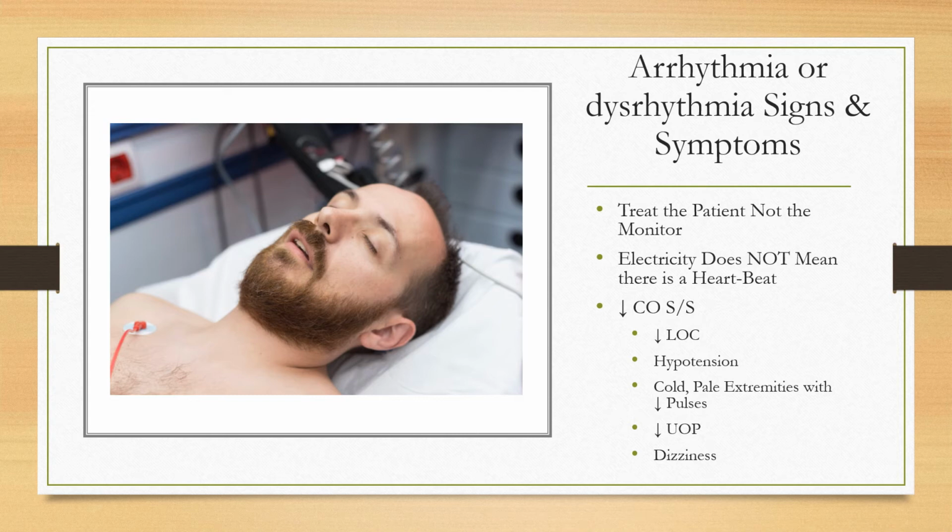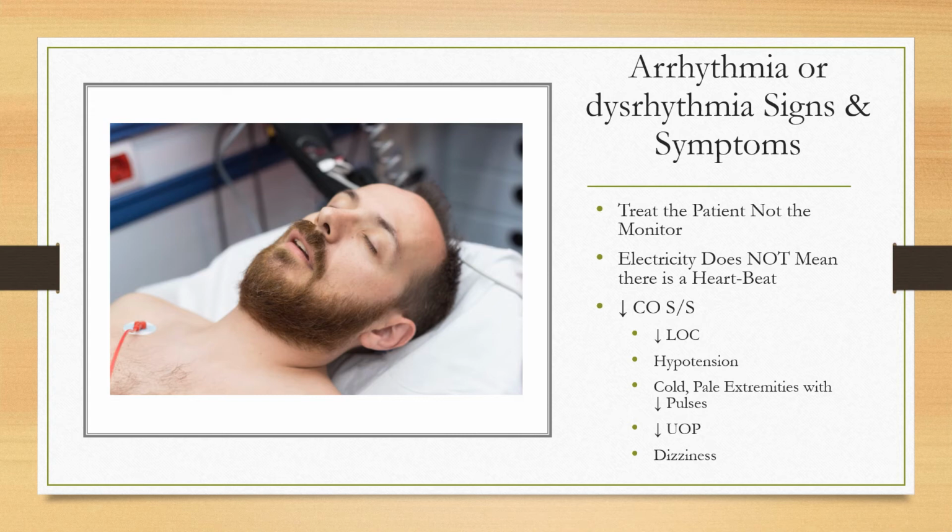So what is decreased cardiac output? Well, cardiac output is heart rate times stroke volume. Okay, stroke volume is how much blood is pumped out of the left ventricle per beat. Okay. And the reason why we're looking at signs and symptoms for reduced cardiac output in slow rhythms or fast